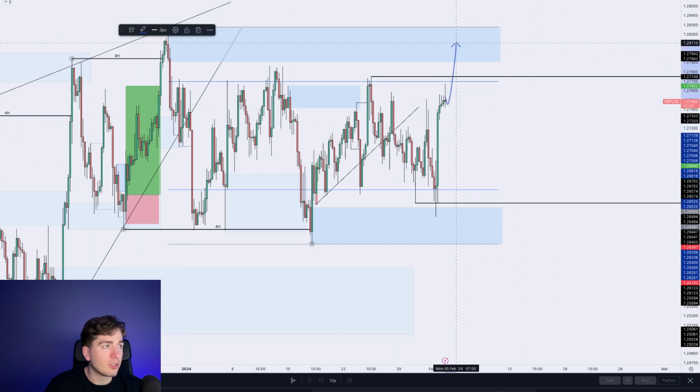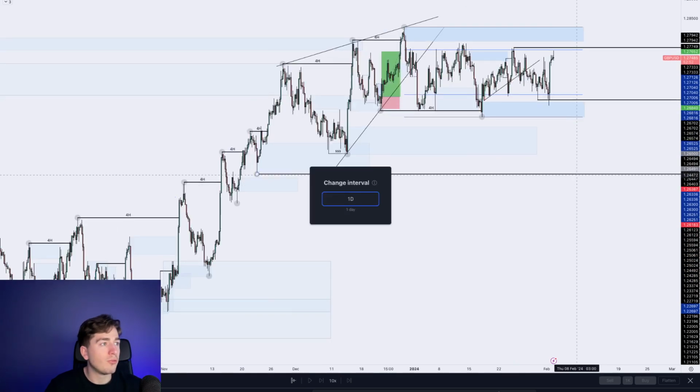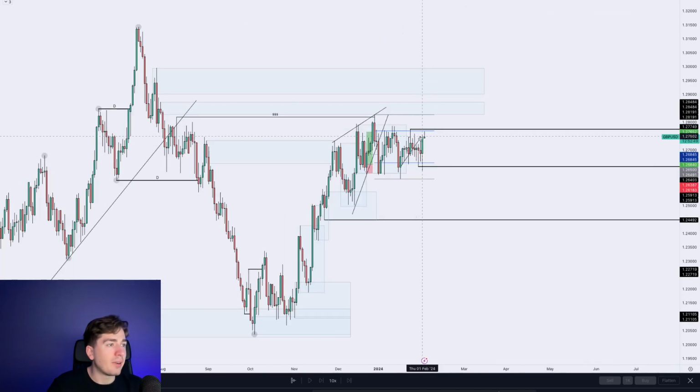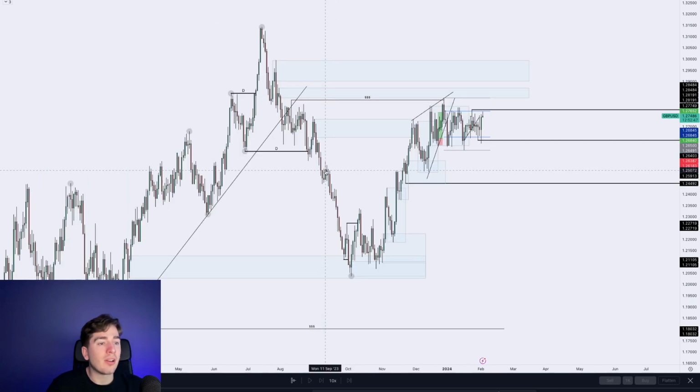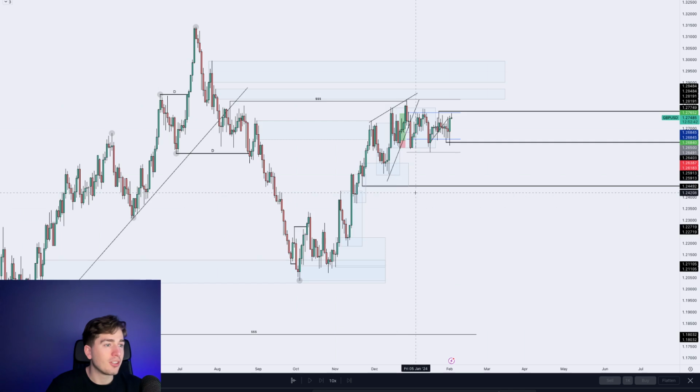Maybe with NFP it will just pop up and then, for example, pop back down again. I do prefer a further downside move on pound dollar. Obviously we're ranging, so there will be a very large move in the very near future on pound dollar. Which direction is still uncertain, preferably towards the downside with the overall market structure that we have, with this